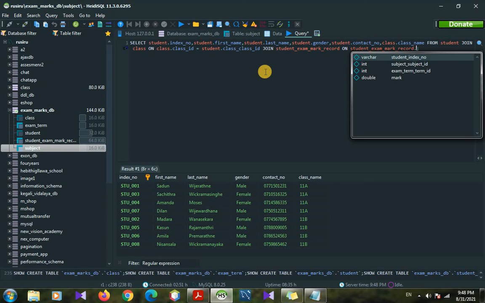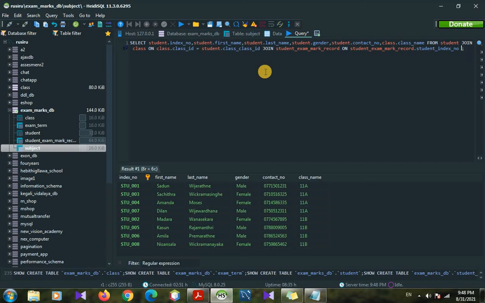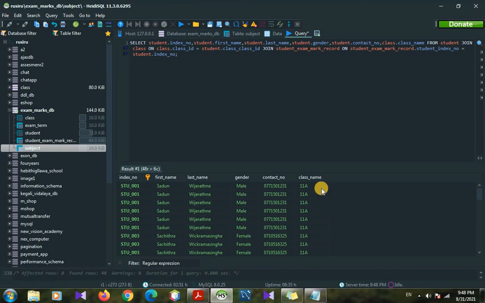So here we can give student index number equals student table dot index number. So if we run this, there is no change, because we have only selected these columns here.